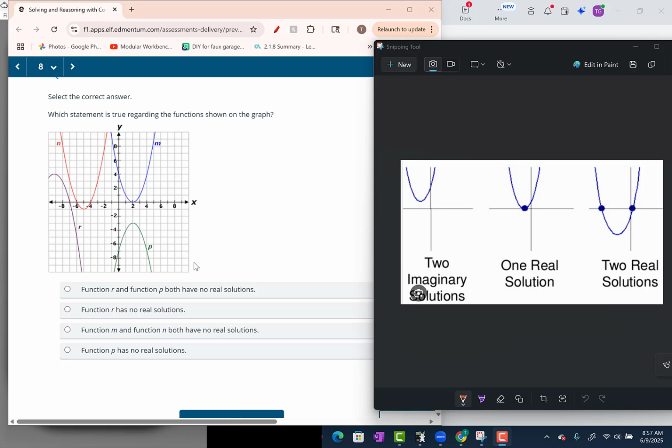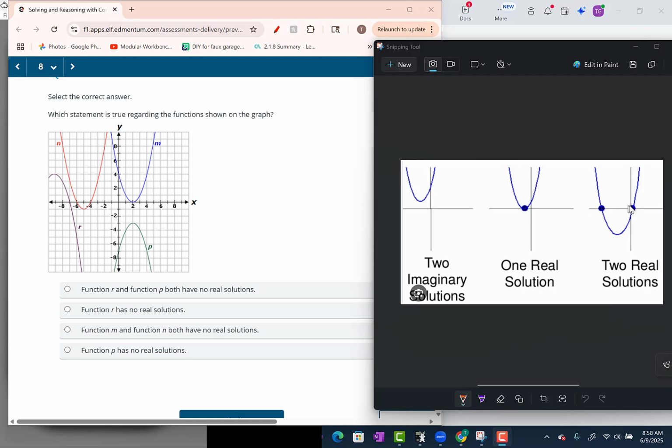Question 8, which statement is true regarding the functions shown on the graph? And we'll look at the four answer choices and notice it has to do with how many real solutions each function has in this problem. So over here, and you should have this in your notes, but this is what a problem with two real